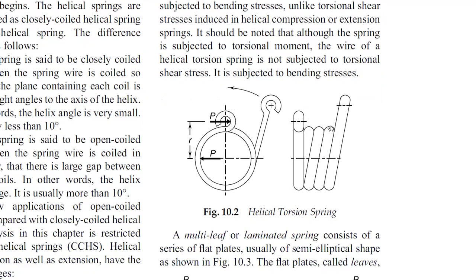So whenever we are going to design the helical torsion spring, our design criteria should be according to the bending, right? Because it is having the name of helical torsion spring, but it is because of its criteria, not the way they are working with each other. So at the time of design, we will see the entire design procedure, some important equations, and a real-time example by which we will be able to discuss the design of a helical torsion spring. Right now, we are just focusing on the introductory part, the application, how it is working, etc.